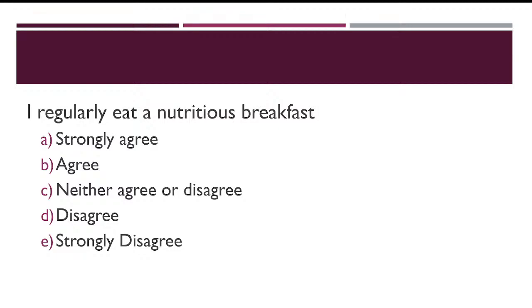And yeah, when I was writing this one, I wrote this one myself. I can't blame the internet. But right, nutritious I think is the biggest problem here. What does nutritious mean, right? Two people might consider nutritious a lot differently. And this one might actually be difficult to fix, right? Because you'd have to define in your question what a nutritious breakfast sort of looks like. I don't know, would you say that includes foods from several different food groups, or fruits and vegetables, or milk? I don't know. It would be a tough one to fix this particular question.